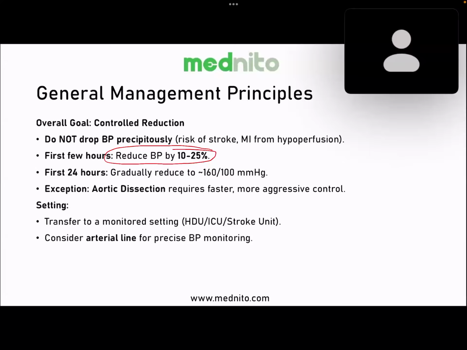It is aortic dissection. In the examination, the examiner will tell you that the femoral pulses are weak, or there is a radial delay, or there is a difference in the blood pressure of more than 20 systolic. This is one thing you have to remember for aortic dissection.